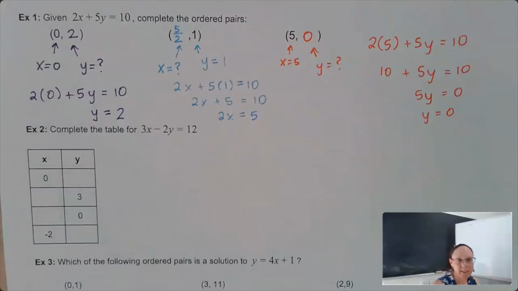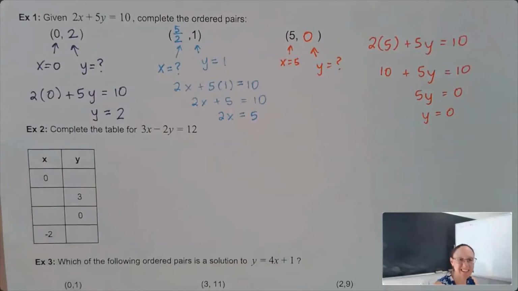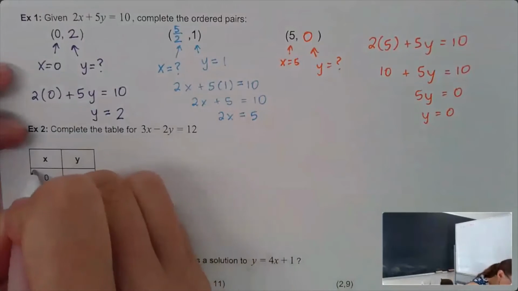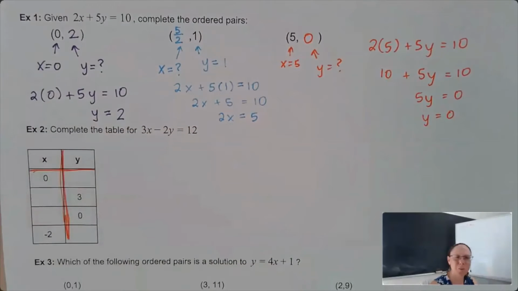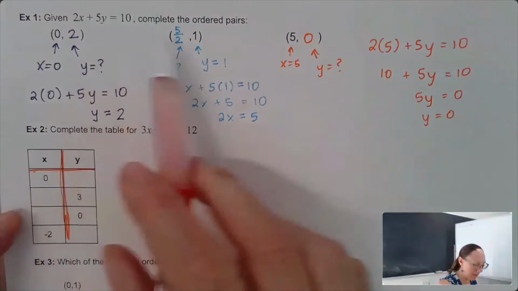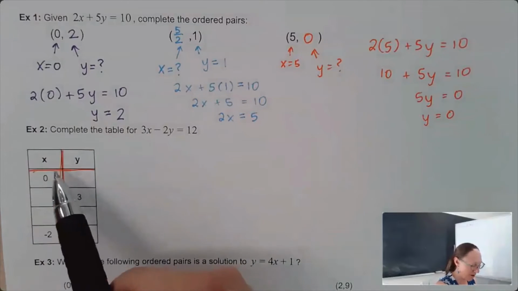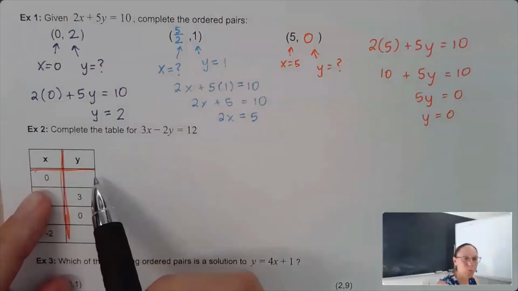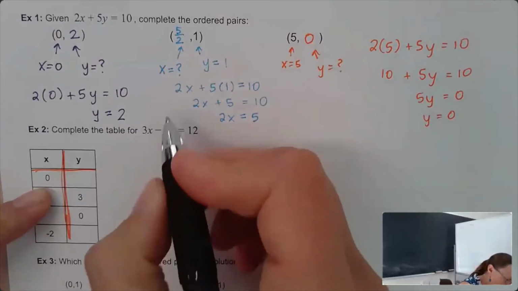We can organize this same type of information into a nice chart. Sometimes we call this a T table because there's kind of a T here. The table is asking the same type of thing that we just did. When we look at this, that first row says when X is equal to 0, what's the Y value? Which means we would take the equation we've been given,